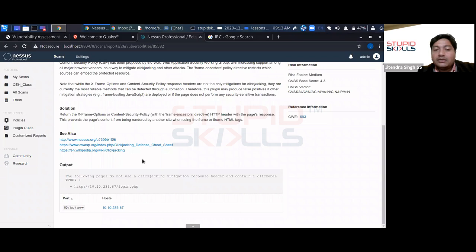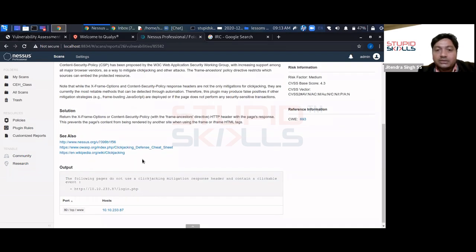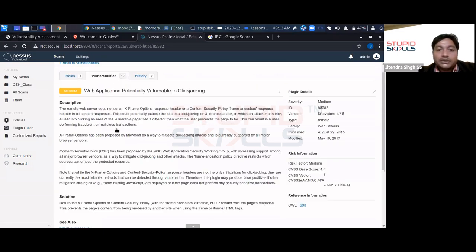So it's basically hijacking the clicks of a user. Say a user wants to click at one particular element on a web page, but because of this, the user might end up clicking some other link on the page. So that is called hijacking a click. That is the vulnerability it has highlighted. So similarly,